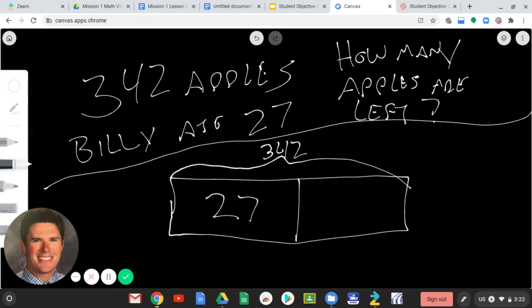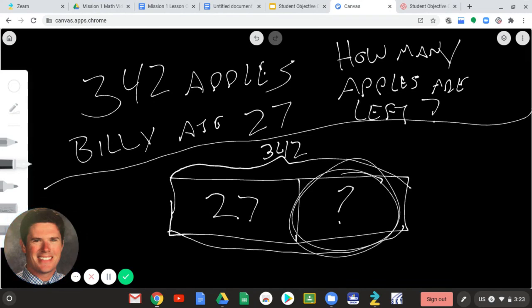and then how many apples are left? Well, we don't know. But we know whatever Billy ate, that 27, together with how many are left, which we don't know, should equal 342. So these two together should equal 342. Well, how do we figure that out? Well, for a subtraction problem, to figure out this missing piece, we would subtract. We would take our total, 342, minus the piece that we do know, 27,